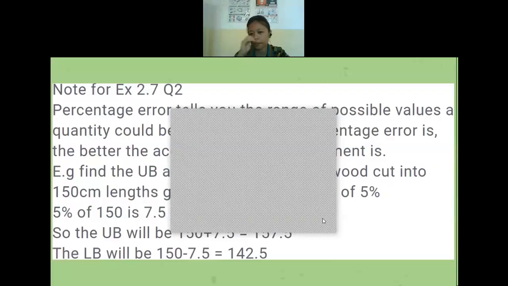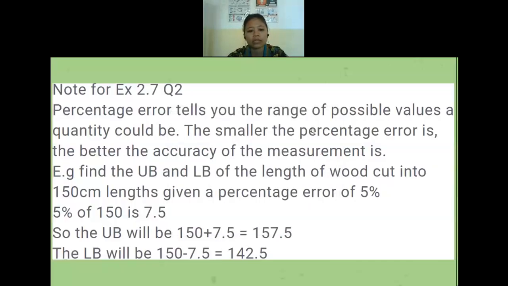But yeah, so let us start from the percentage of error. What is a percentage of error? The percentage of error here is like the difference between the number given to its upper bound and lower bound. So in here the number is already given, the percentage of error already given. Now we need to find the upper bound and lower bound. To find the upper bound and lower bound, we have to change the percentage of error in here.